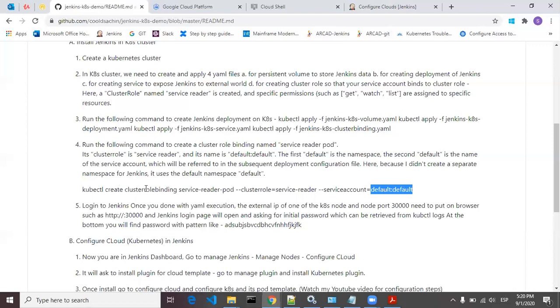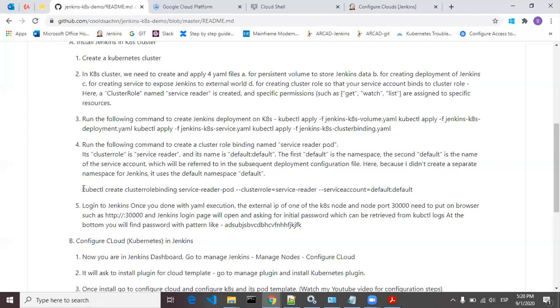And we are creating a cluster role binding service reader pod. So this is your service reader cluster role, which is created with the help of cluster binding.yaml. And you have to bind this cluster role with service reader pod.